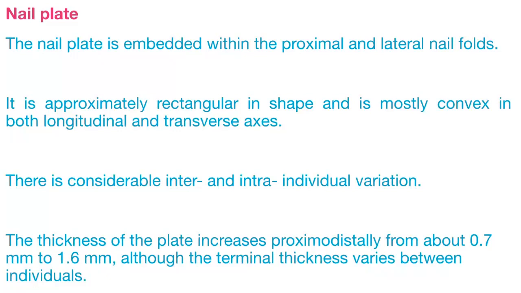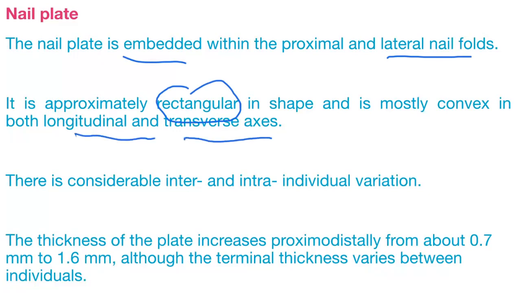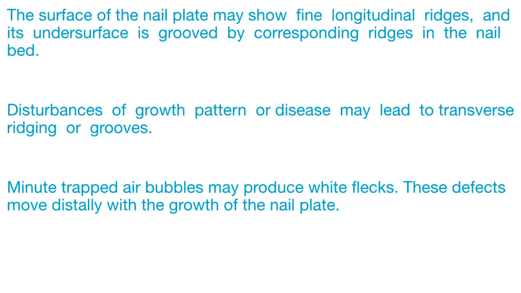The nail plate is embedded within the proximal and lateral nail folds. It's approximately rectangular in shape and is mostly convex in both longitudinal and transverse axes. There is considerable inter- and intra-individual variation. The thickness of the plate increases proximo-distally from about 0.7 to 1.6 mm, although the terminal thickness varies between individuals. The surface of the nail plate may show fine longitudinal ridges and its undersurface is grooved by corresponding ridges